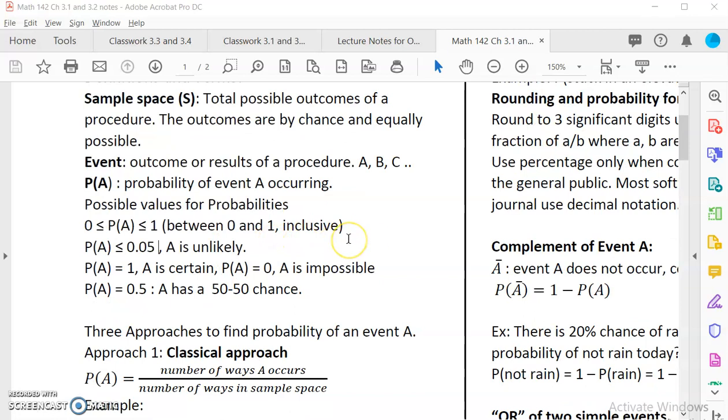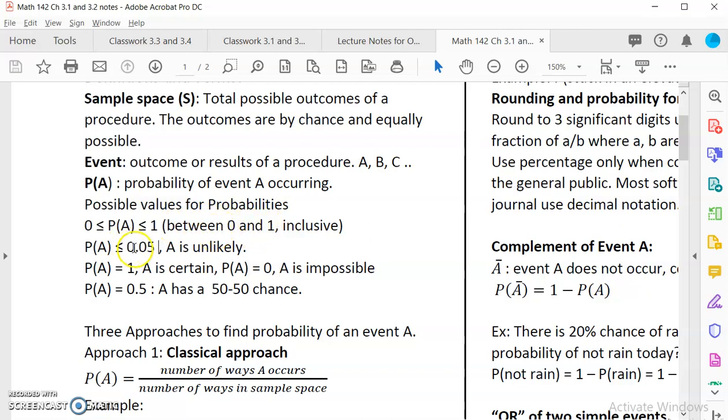You use mathematics to represent this instead of subjectively saying that this is likely to happen or it is certain to happen. If it is certain to happen, we say P of A equals 1. It looks like function notation, but it is just a short form of probability of A. It is not multiplication, and it is not a function. Probability of A equal to 0 means A is impossible. Anything in between 0 and 1 would be a probability of an outcome. We'll discuss why this has to be between 0 and 1 and not greater than 1.